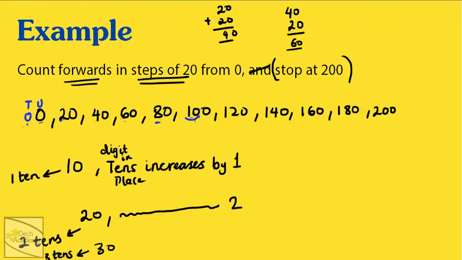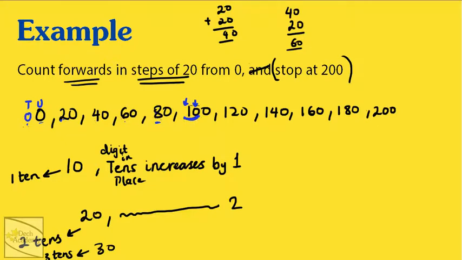Now here it might get a bit tricky because 8 plus 2 is 10. So you can see that the digits in the tens place here is actually 0, but the rule is that the digits in the tens place increases by 2. So when I add 2 to 8, I get 10. And this 10 here means 10 tens, which is the same thing as 100. But even not knowing that, the whole idea is you're just adding to the digits in the tens place. So if you continue from here,